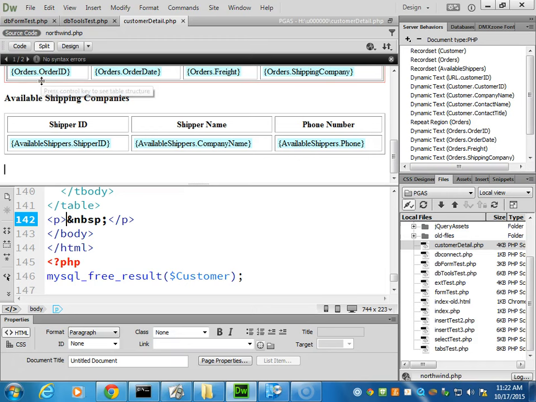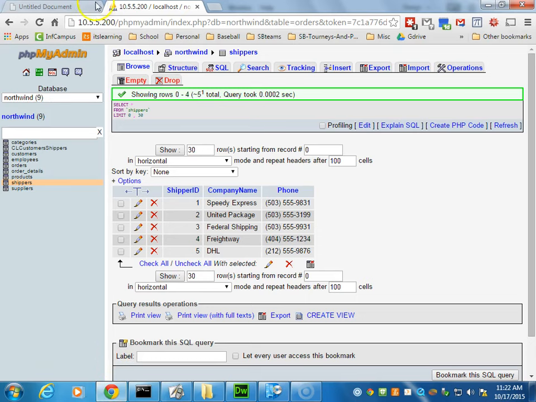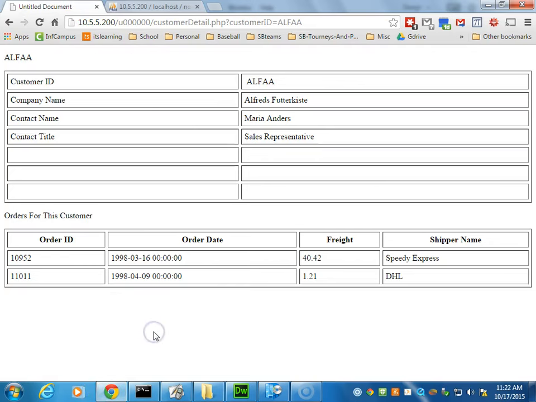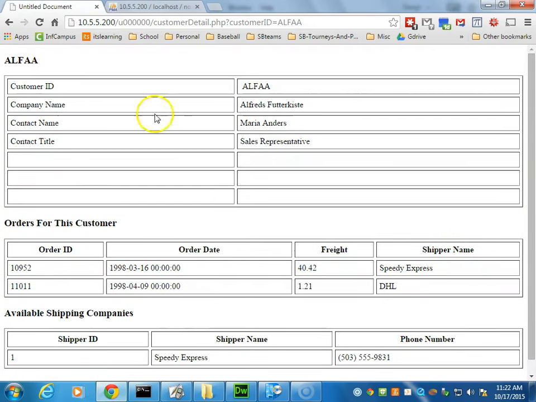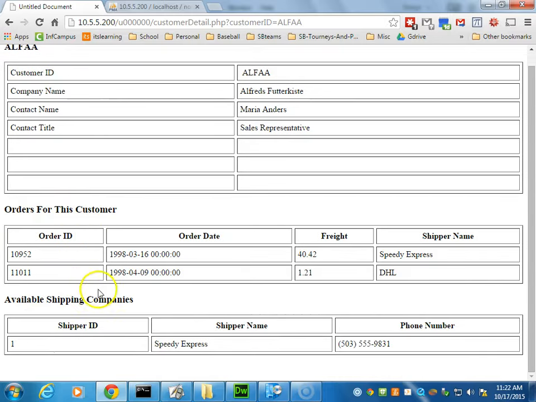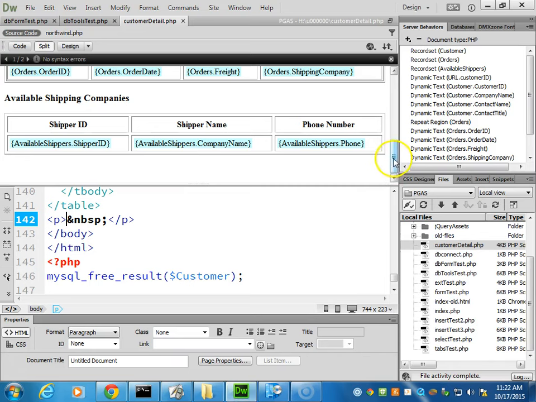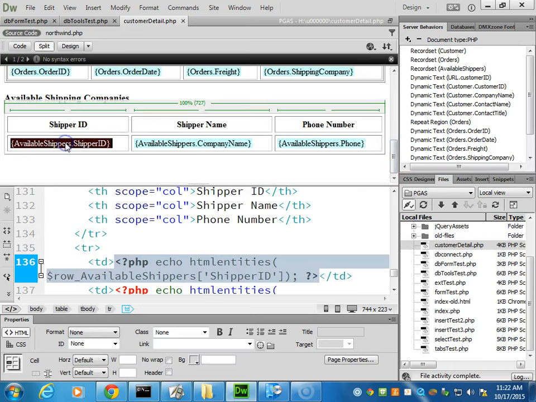Make sure we get at least that one row of data displaying OK. Go to our page, refresh. Hey, we see we got our headings, and our table has one row of data, Speedy Express. Now we just need to do our repeat region in order to